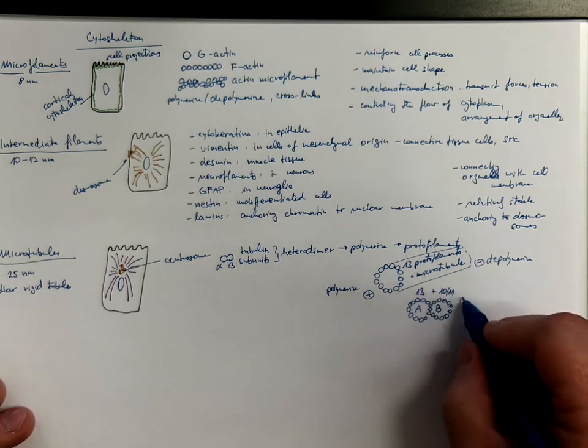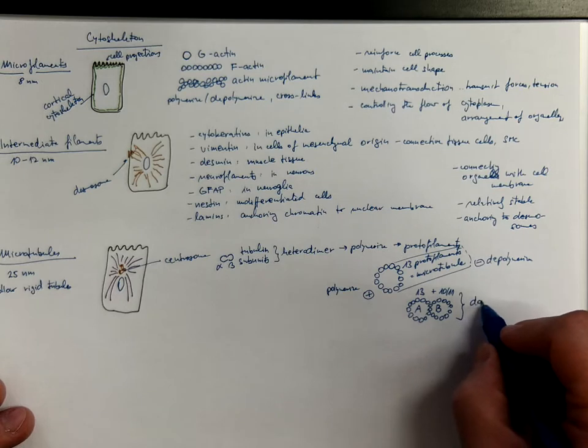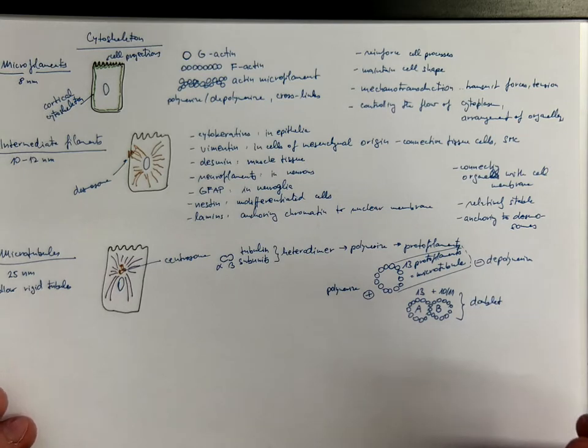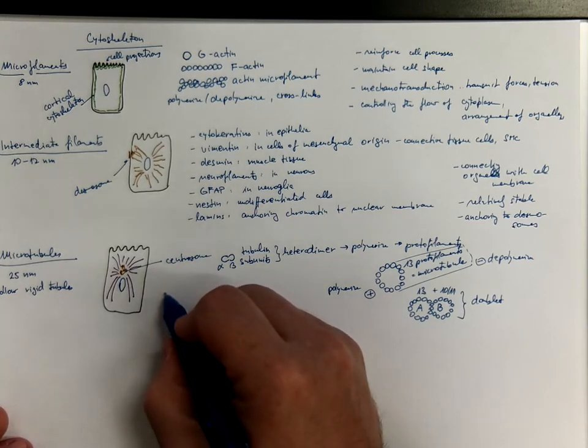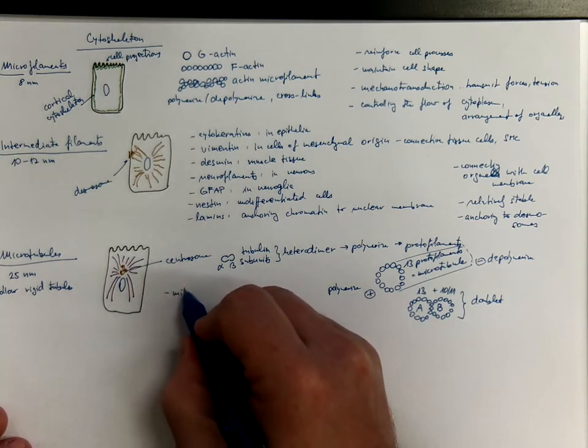Okay, and this is called a microtubular doublet. They are present in the mitotic spindle,